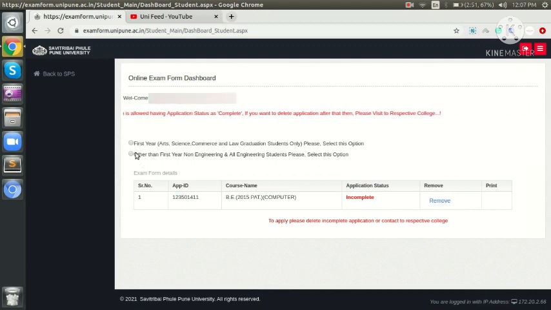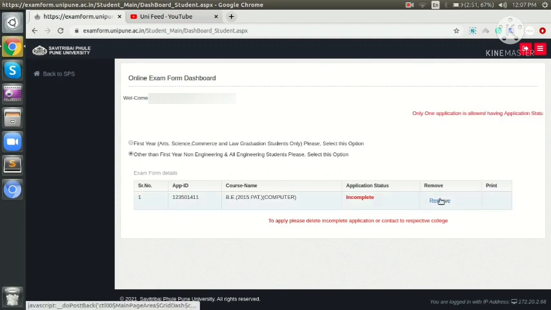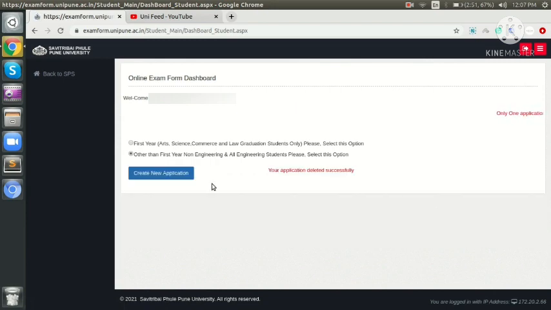If you are an engineering student, then you can click this option. Once you click this, then remove the incomplete application. Okay, so your application has been deleted successfully.